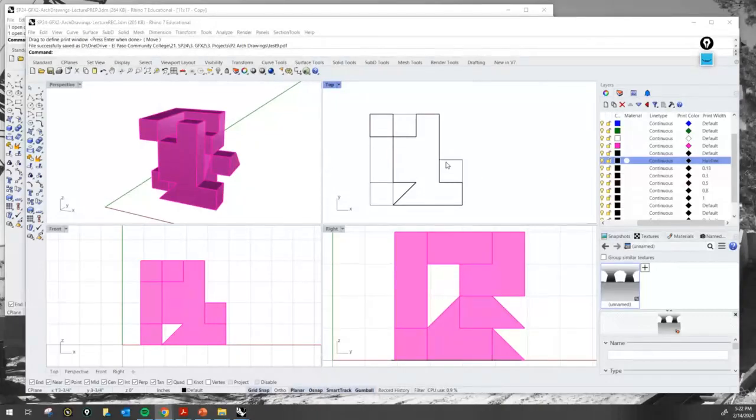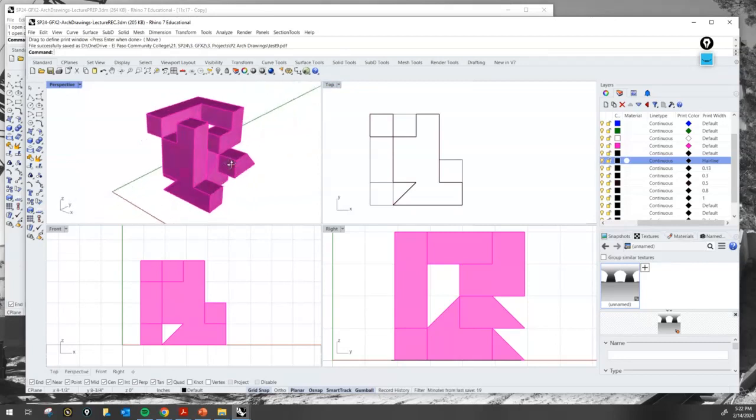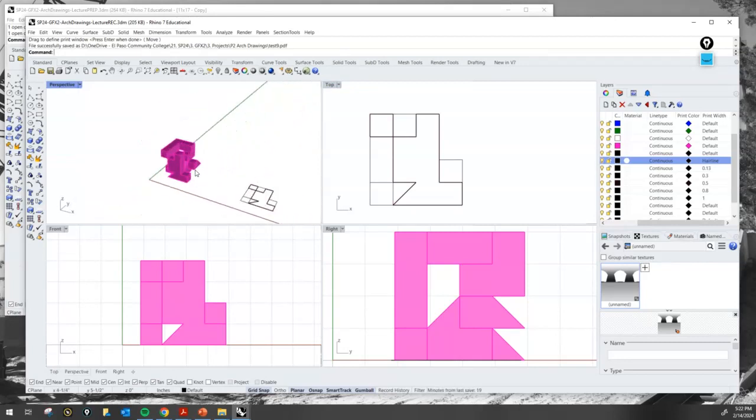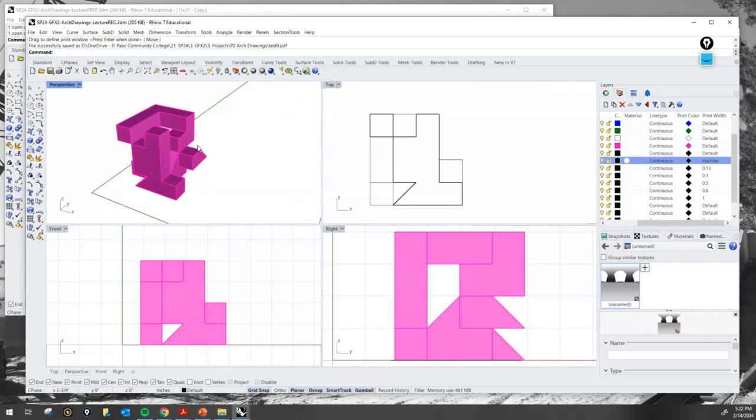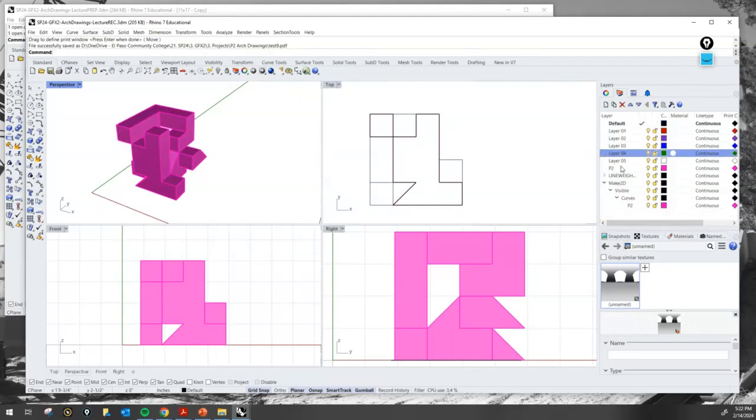All right, so we have an elevation. Let's talk now about a section cut. Okay, so let's look into a command some of you guys may be familiar with, some of you guys maybe not. Let's go ahead and create a, I'm gonna rename this